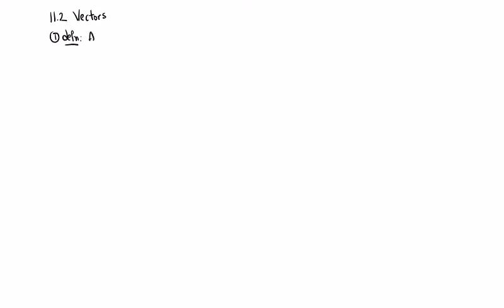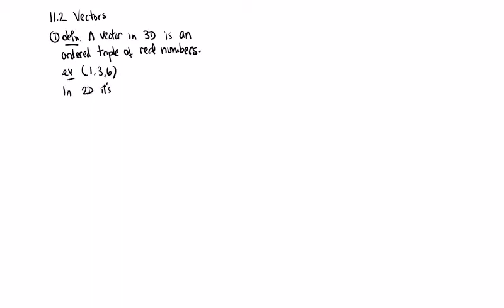So technically speaking, a vector, let's say in 3D, we'll sort of flip back and forth between 3D and 2D here. A vector in 3D is an ordered triple of real numbers. For example, 1, 3, 6. Now, in 2D, it's an ordered pair. So, for example,